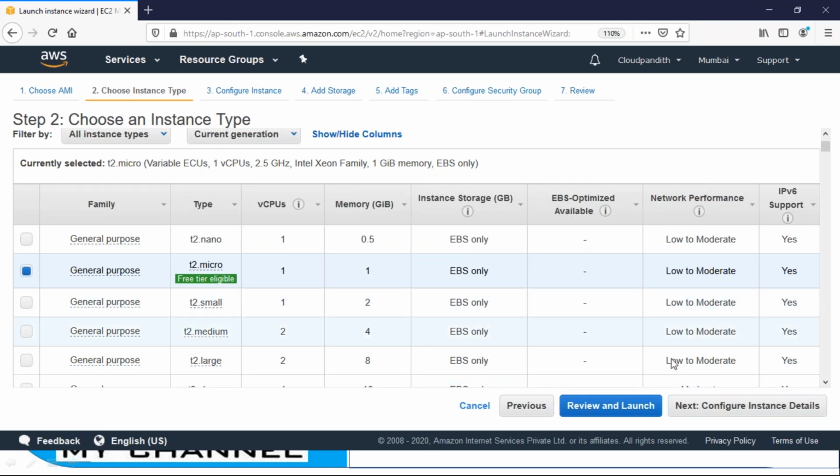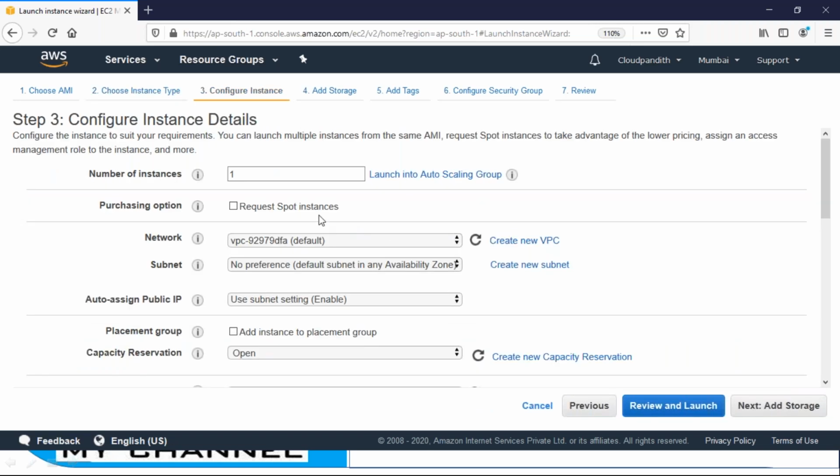So just click and select this, click next. So here it's not Azure, friends, it's AWS. In AWS, the advantage is, let's say I want 5 Linux machines. You don't need to create 5 different times, right? First I will create first machine, second I will create second machine. So you don't need to create like that. If you give 5, automatically it is going to create 5 different instances. Okay, but for now we need only one machine. I will select only one machine.